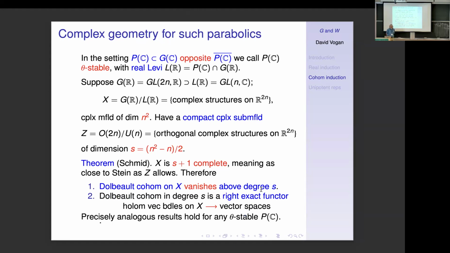And there are precisely analogous results for any parabolic opposite to its complex conjugate. Okay, so